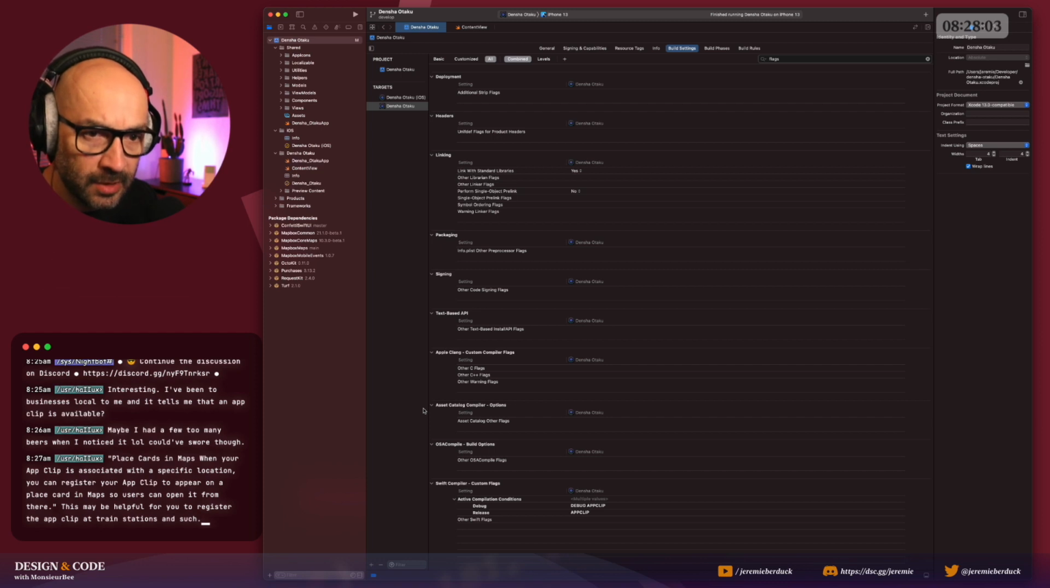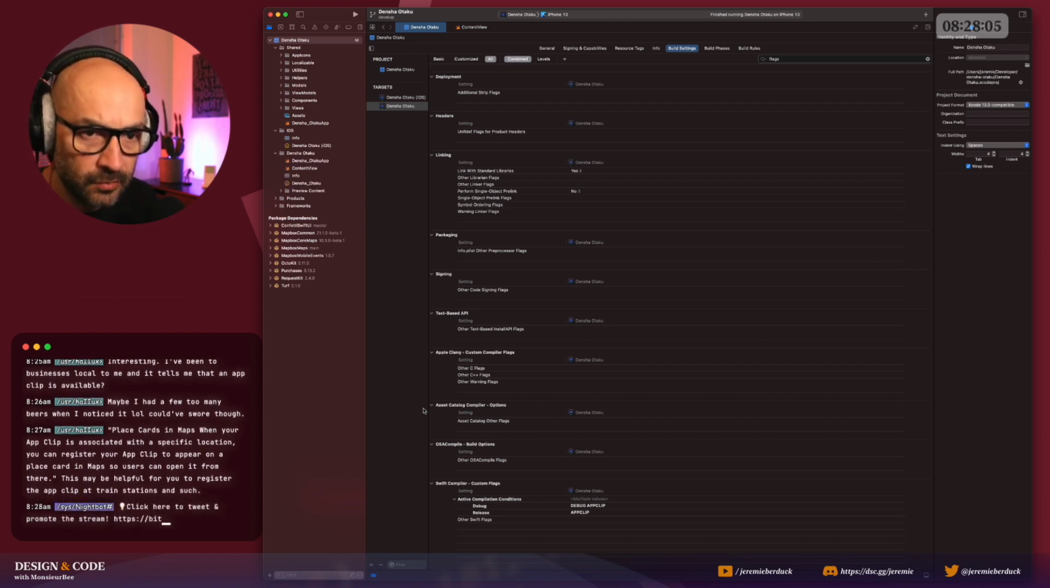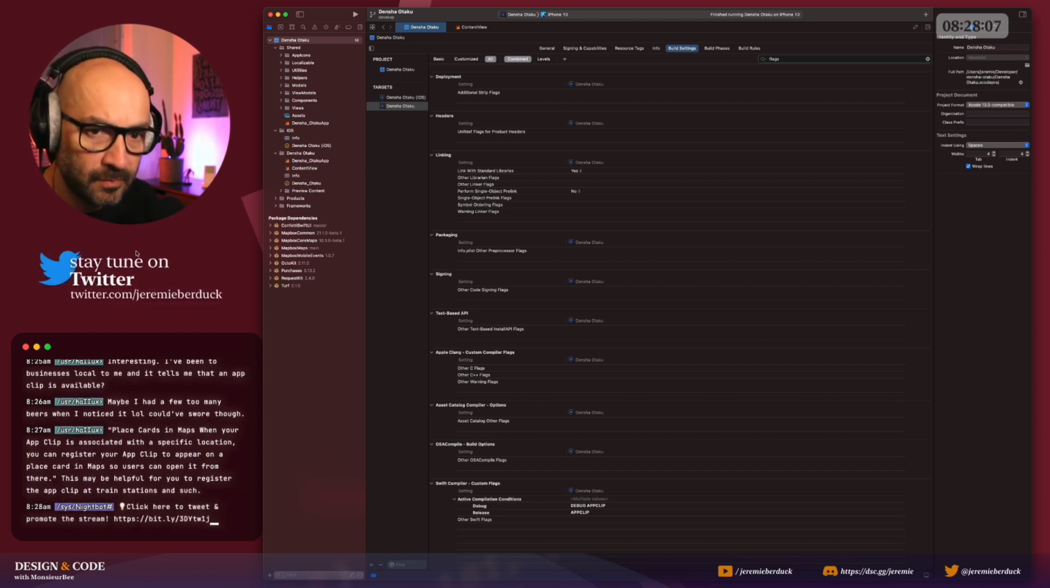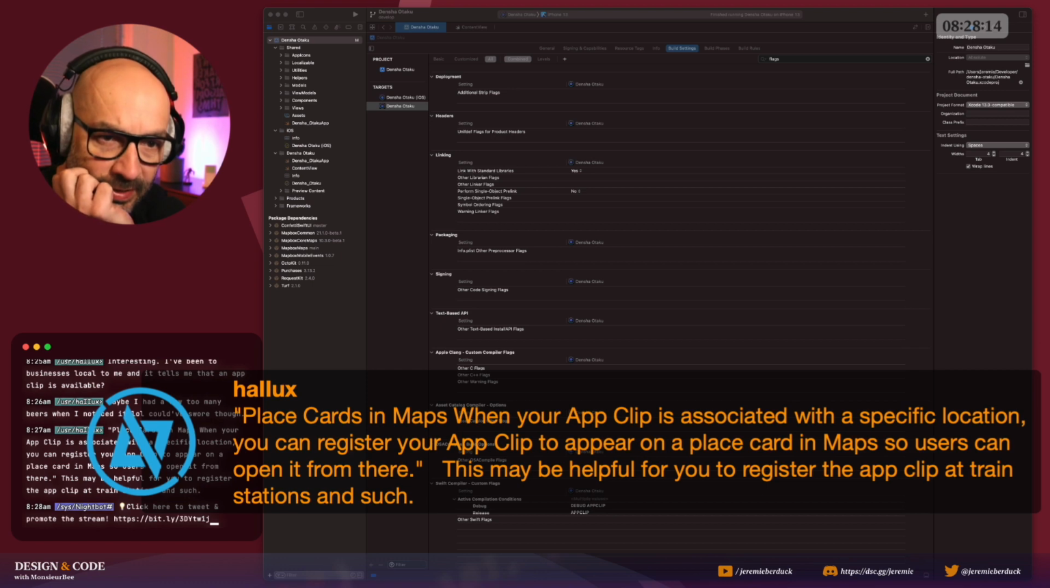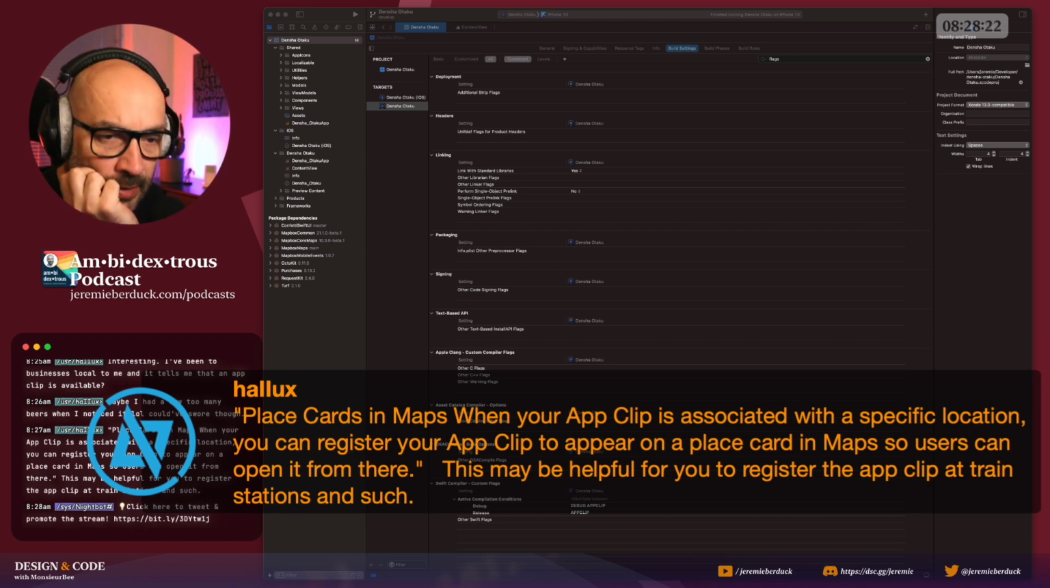Place cards in Maps when your AppClip is associated with a specific location. You can register your AppClip to appear on the place card in Maps so users can open it from there. This may be helpful for you to register the AppClip to train stations. But man,